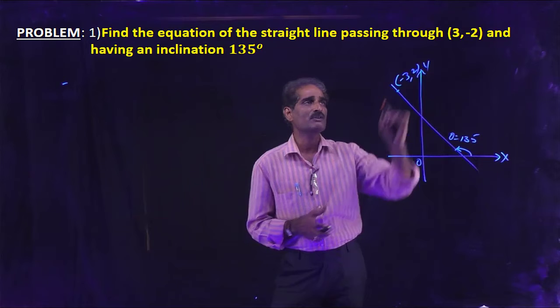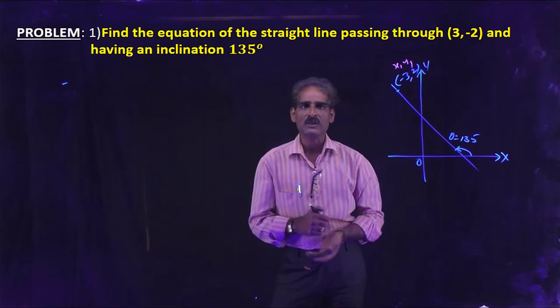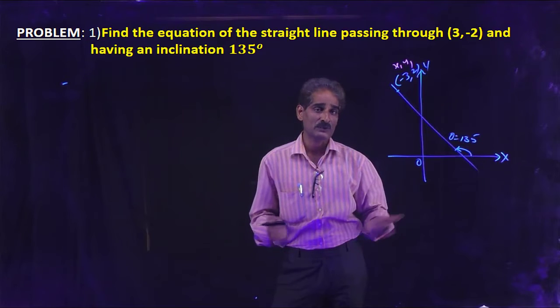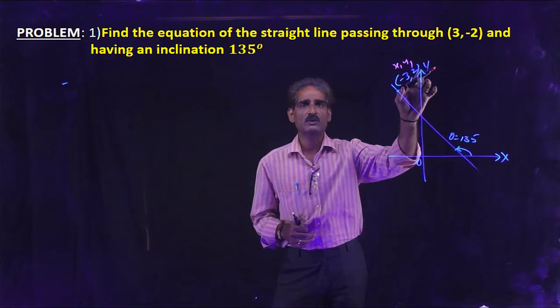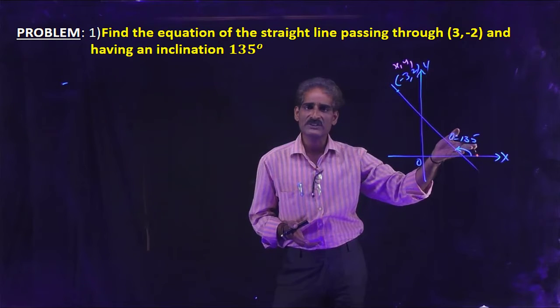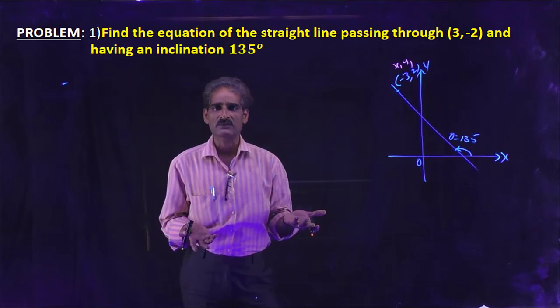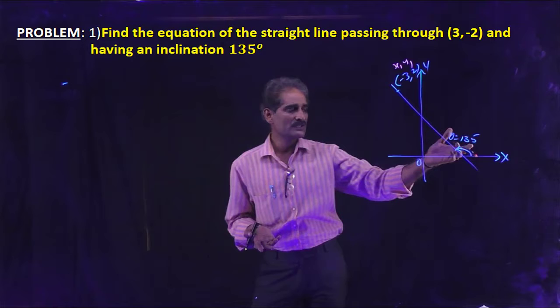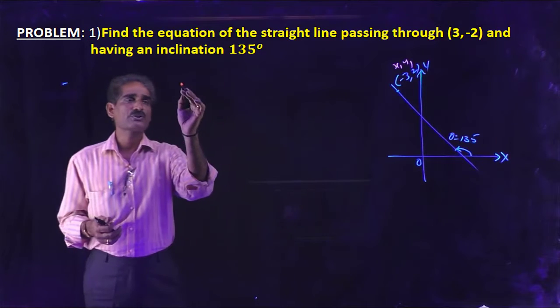Let us consider the given point to be x1, y1. If you know the slope m, by using the formula y minus y1 equal to m into x minus x1, you can find the equation of the line. Understand? So this is x1, y1. How can you write the slope of this line? Here theta is 135, it is the inclination. If theta is the inclination, tan theta is called the slope. Already we discussed it. So apply tan to this angle, and we will get the slope of the line. Okay, now come to the solution.